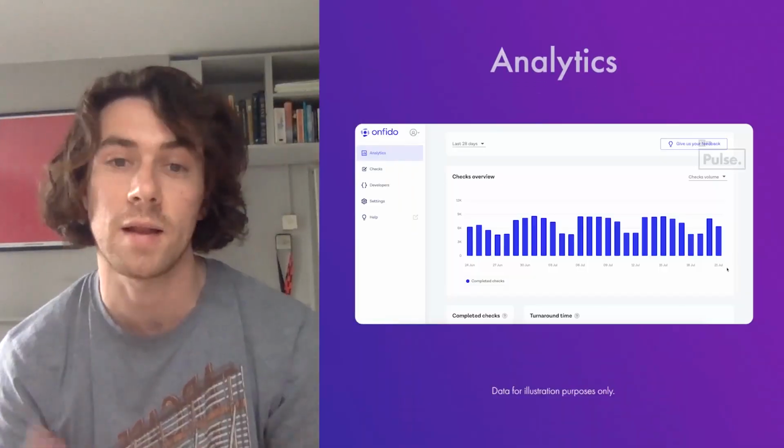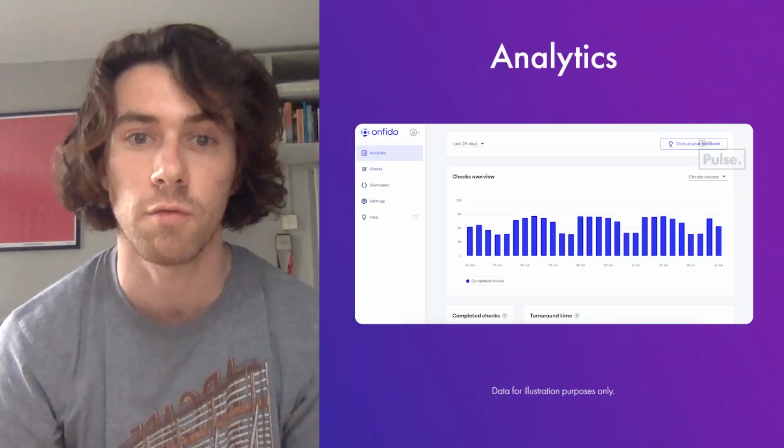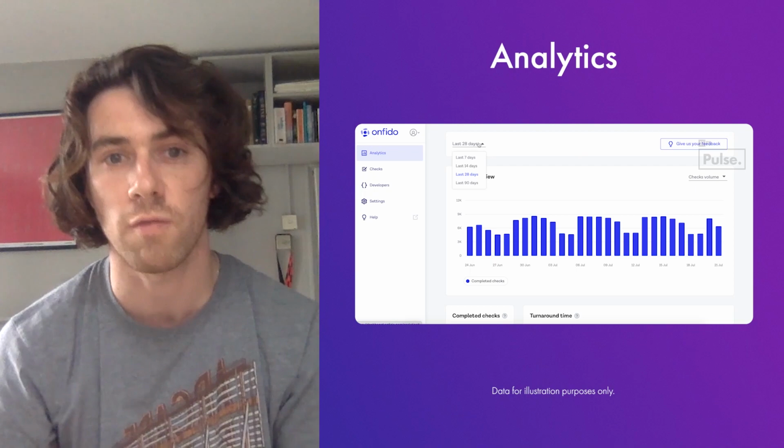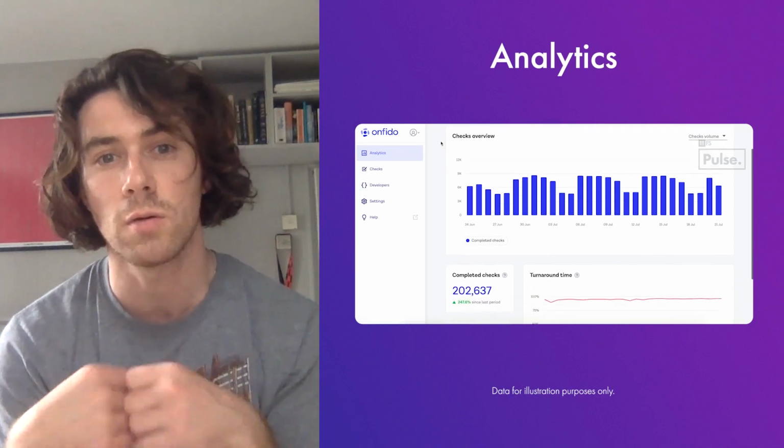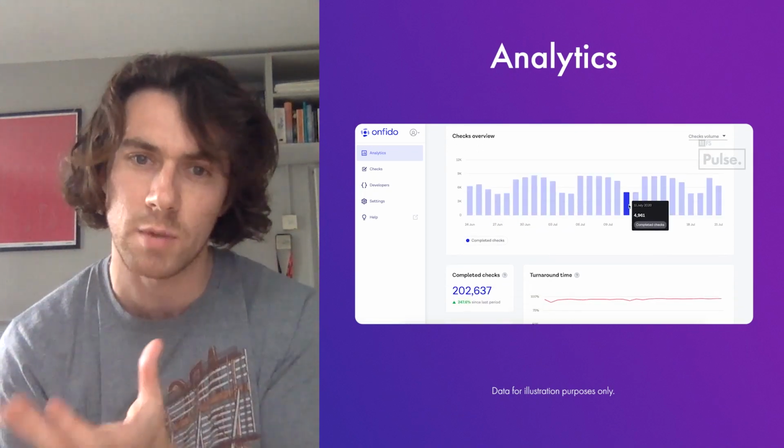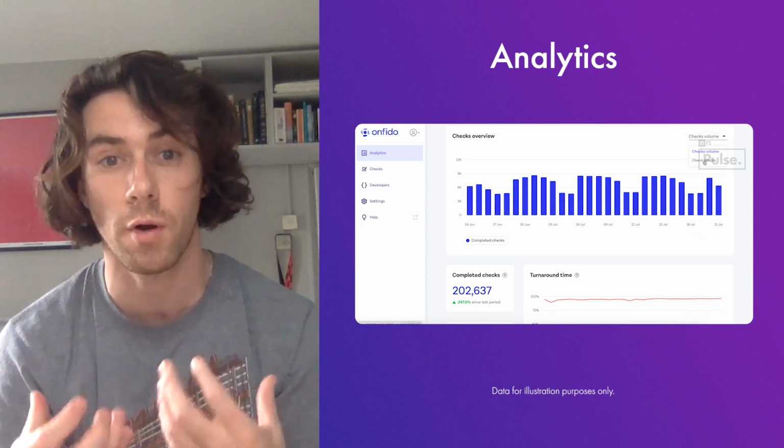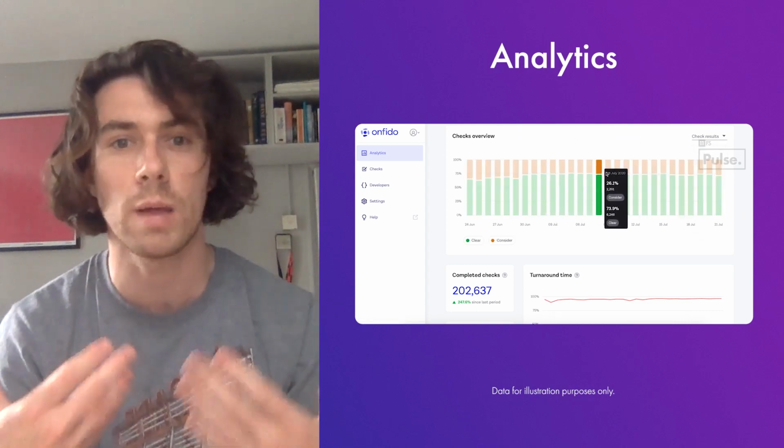And then finally, an analytics platform. So this is the really strong aggregated data set, which shows you where people might be tripping up on the flow, how successful your product is at actually delivering and getting people through the